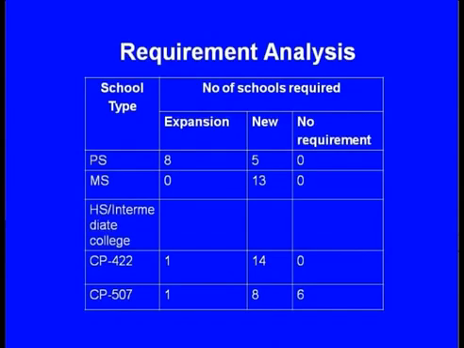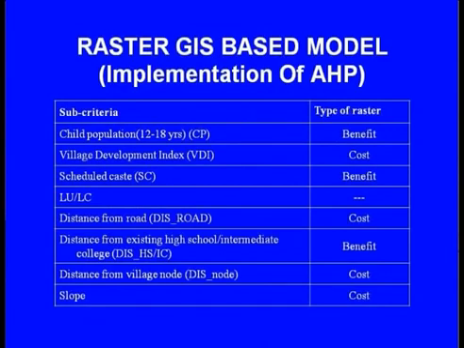Based on this, we work out the demand and the candidate locations for the different years. We select some of the locations for the year 2006 and work out the allocated villages for the selected locations for the year 2006 for the school. Next, we implement the raster based models, so that we can take into account the benefit and the cost aspects.